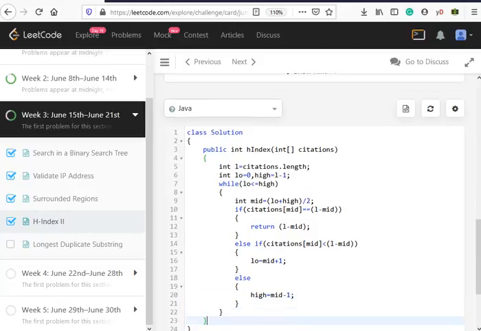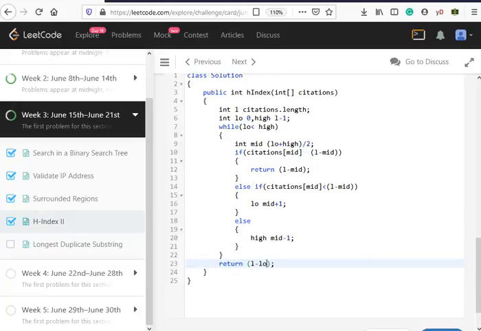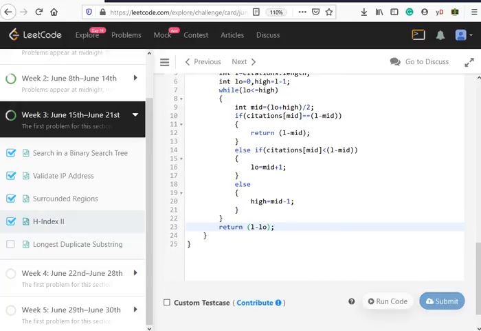I guess we are more or less there. And finally we need to return this, which is L minus low. Yeah, I think it's more or less clear. Just one thing we need to check, whether we need to return this low part or the high part. So let's compile and run. Let's check whether this is giving me correct.